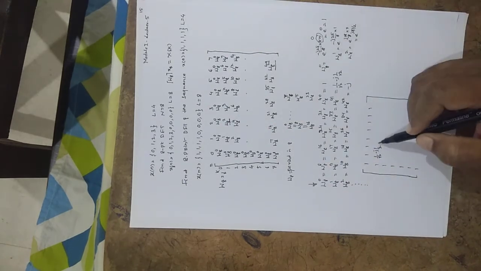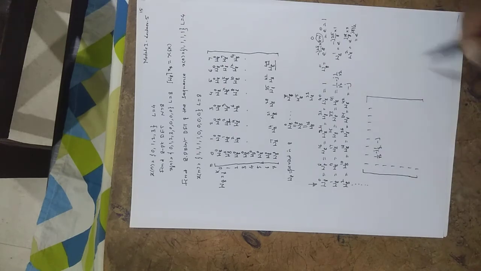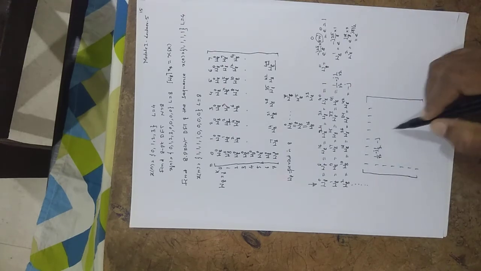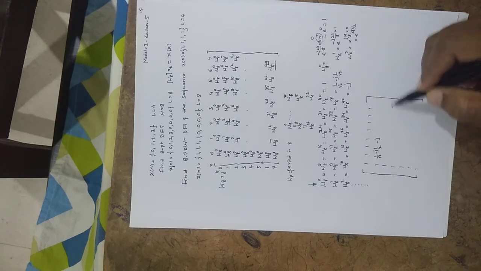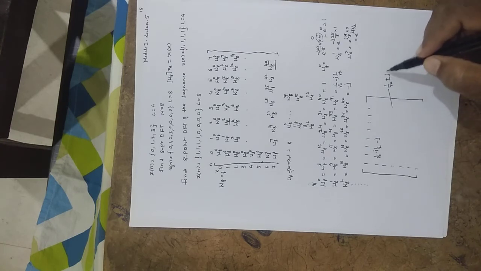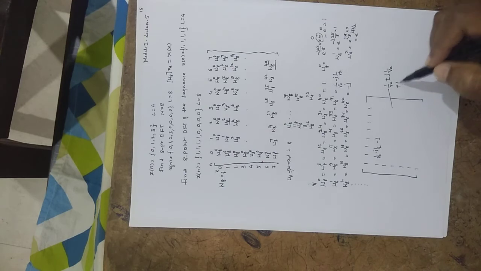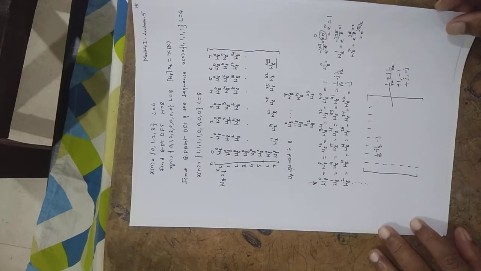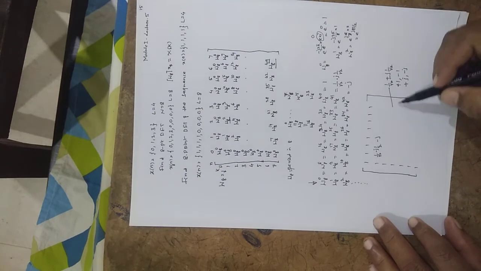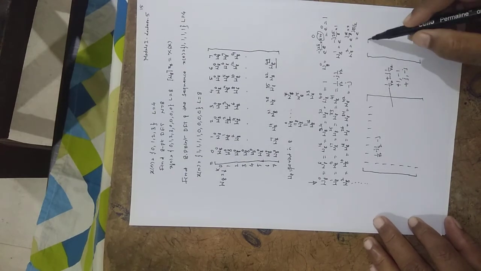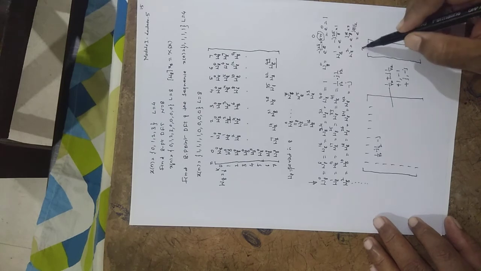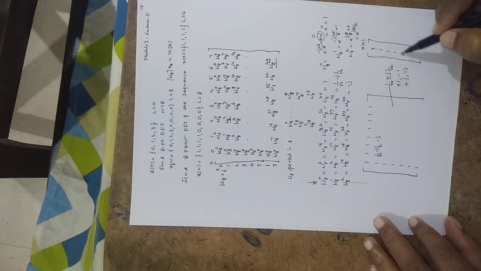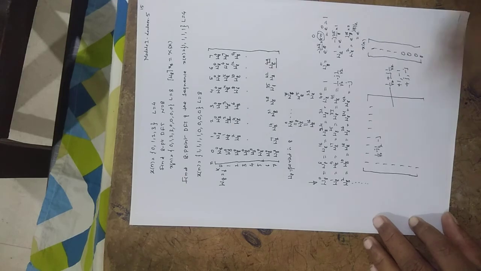This is replaced by minus j to make this matrix a bigger one. So this is going to contain this whole thing, either 1 by root 2 plus or minus j 1 by root 2, or it will be either plus 1 or minus 1 or plus j or minus j. These are the possible values. Once you construct this one you multiply it by the given x of n, that is 1 1 1 1 0 0 0 0. First row first column, second row first column.